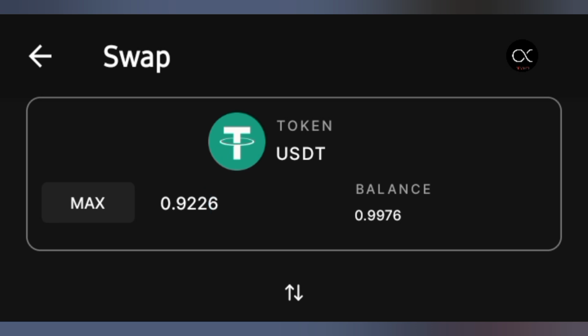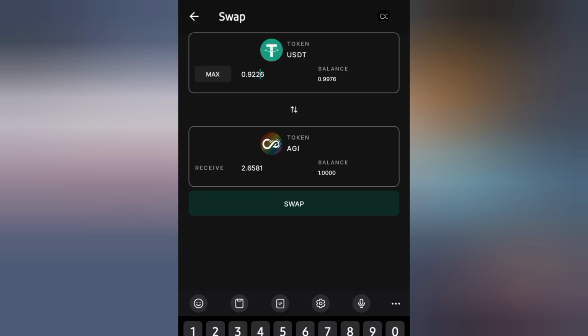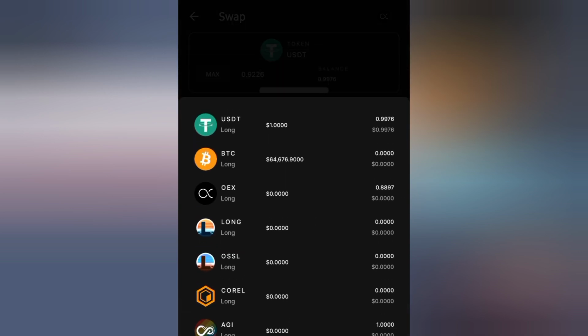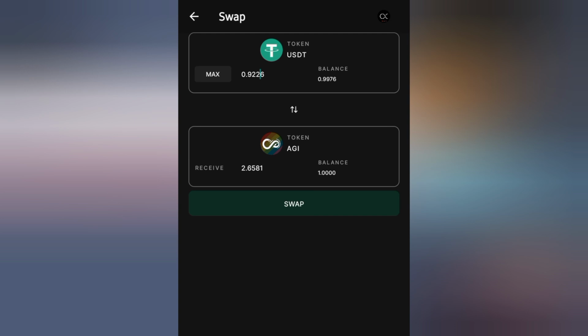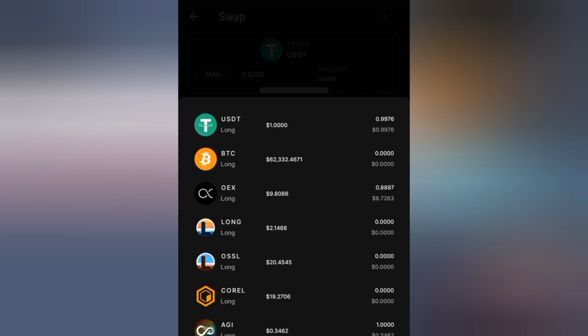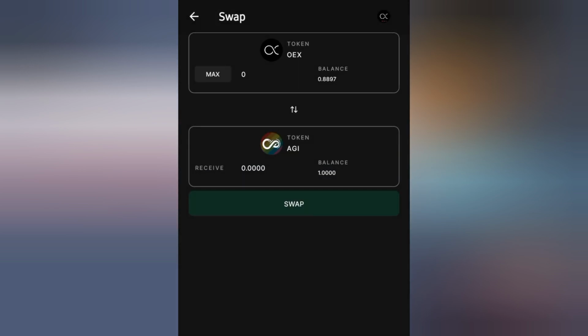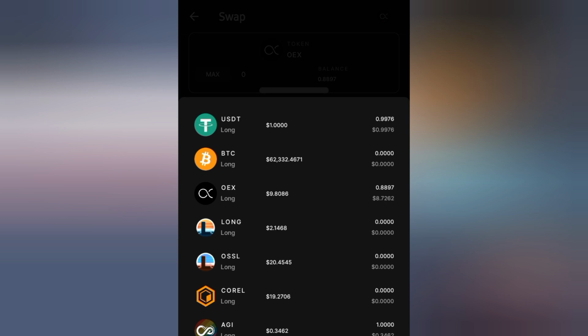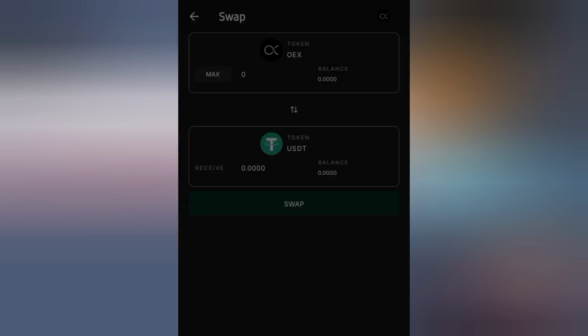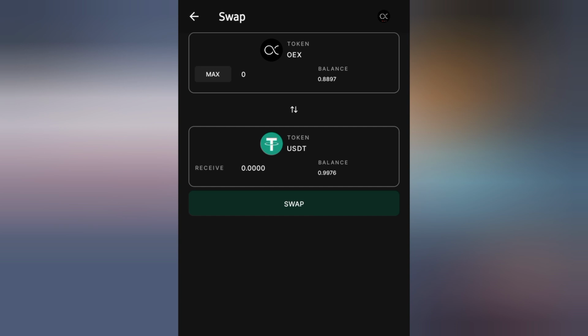So you can even swap if maybe you have more OKX than USDT or AGIL. What you are just going to select here again is click on USDT and change this to maybe AGIL. Then I'm going to change this to OKX, and as you can see, it's going to work. Then you can change the second one to the one you want to swap to, USDT. As you can see, that is how you are going to swap. After it, click on swap. You are going to click on this red